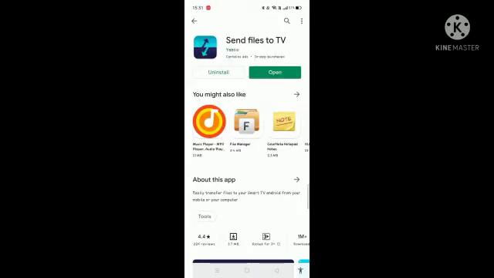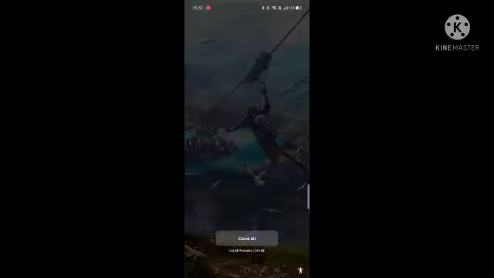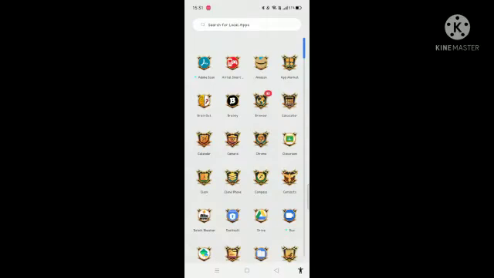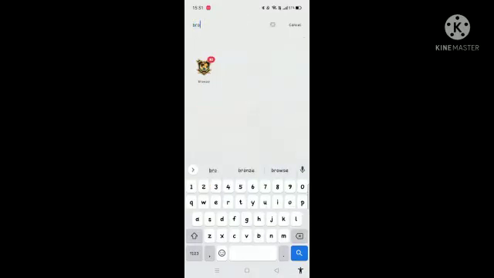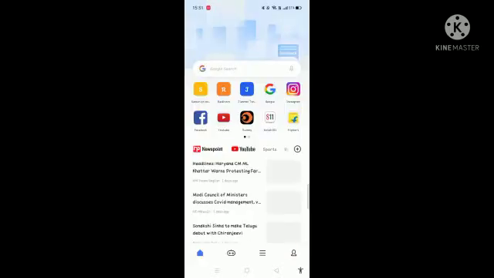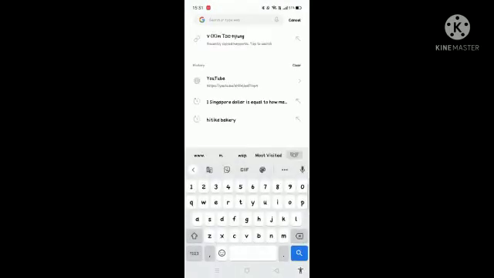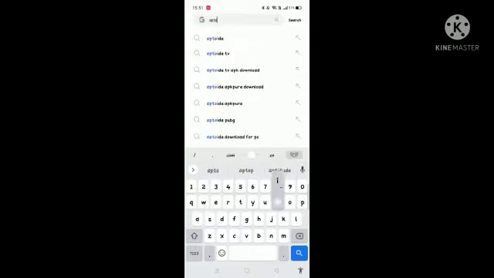So this is downloaded. Then now we'll just close it, and now we'll go to our browser, whichever browser you have. You can go to Chrome even, but I'm using this browser generally, so I'll be using that. Now I'll be searching aptoidtv APK. You have to search APK download